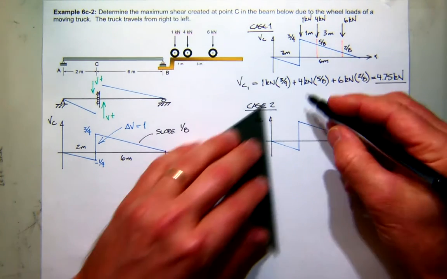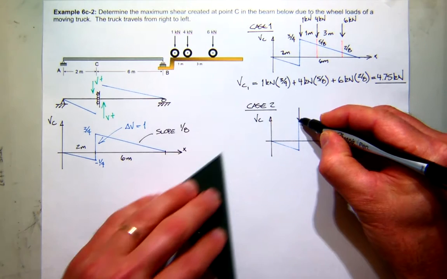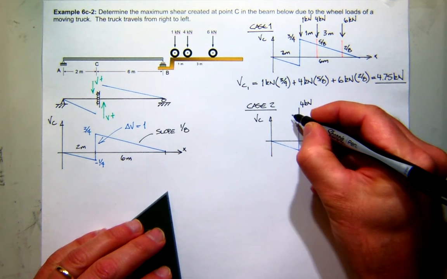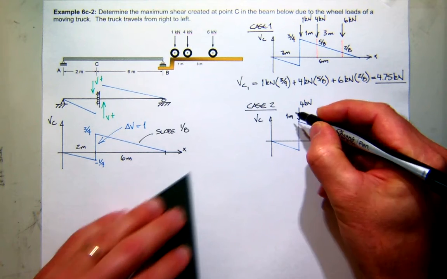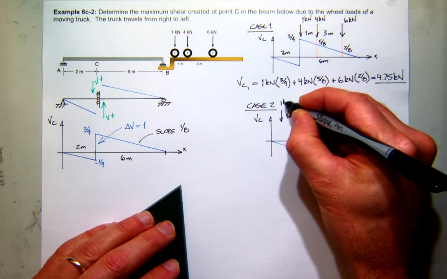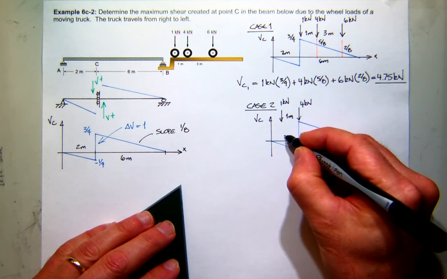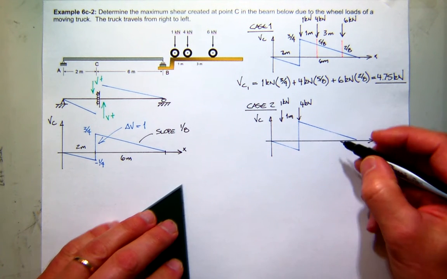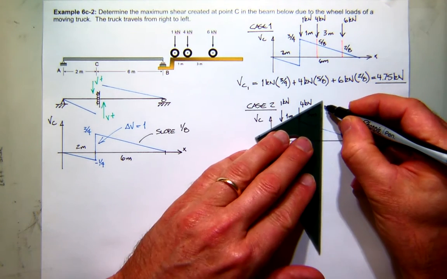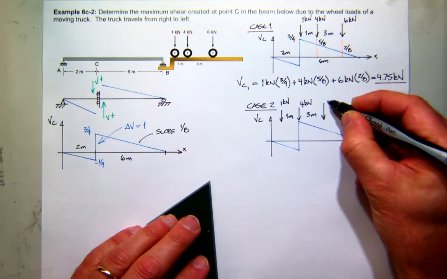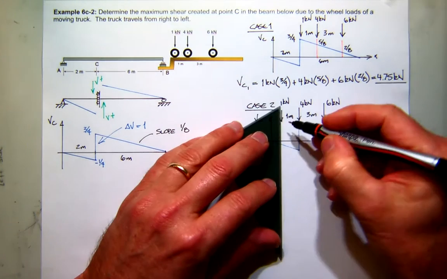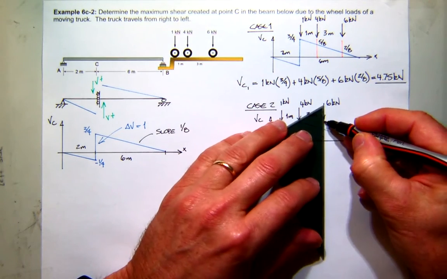So now I'm going to let the second load come to the top. So that's my 4 kilonewton load. Of course, now 1 meter in the front is the 1 kilonewton load. And this is 2 meters, so I'm okay. I'm still on the structure. And then 3 meters back is the larger value, 6 kilonewtons. So again, I'll project those coordinates down onto the